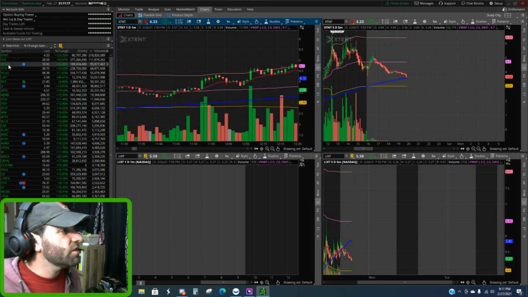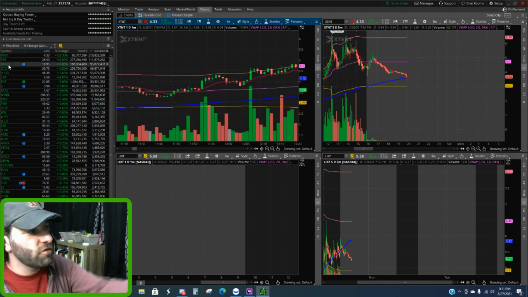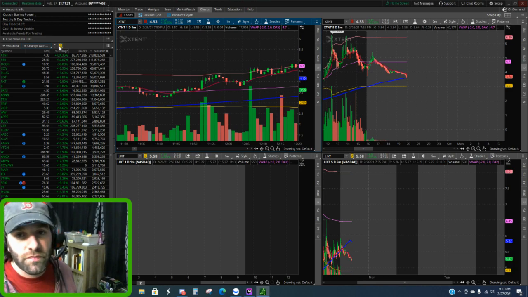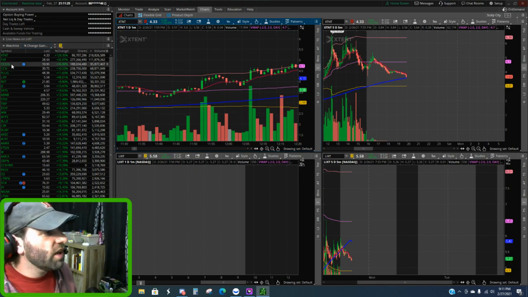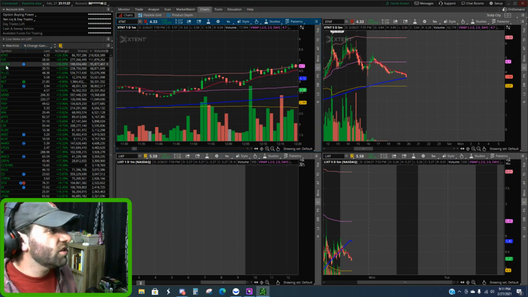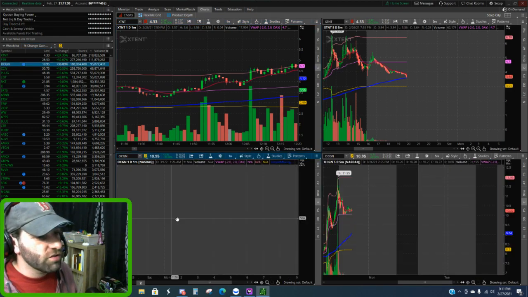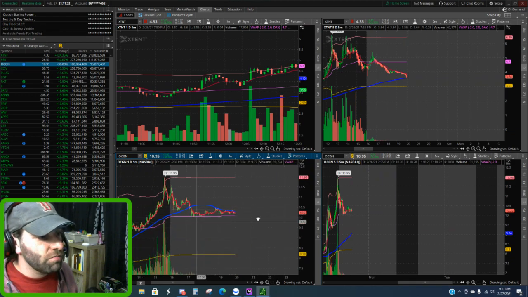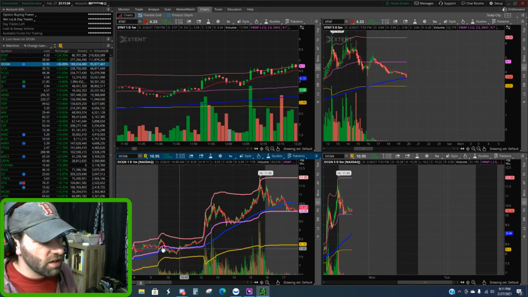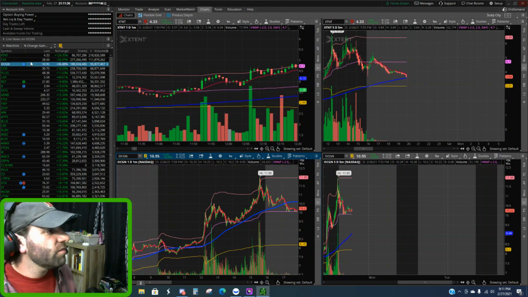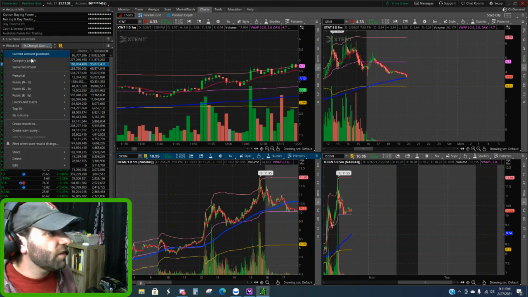OCGN, let's see what happened. So I usually have this. If you see this yellow right here, that means it's linked to my charts down here. So what happens? We have CCIV, OCGN, boom, pulls it right up here. So I can do an immediate look at it. Look at that. This is pre-market even. If I look at the gap up,